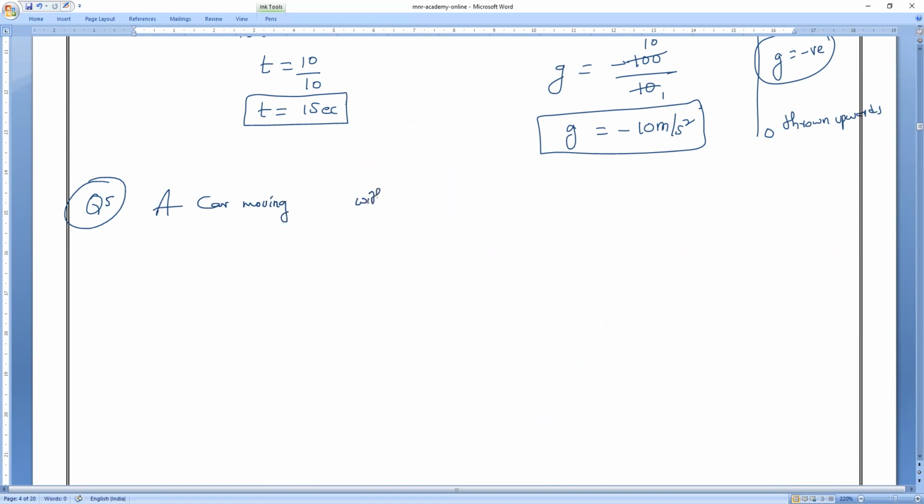moving with the speed of 36 kilometer per hour